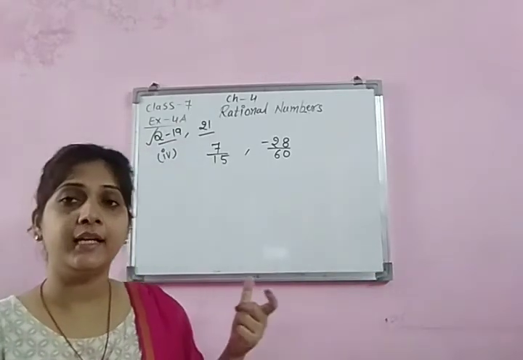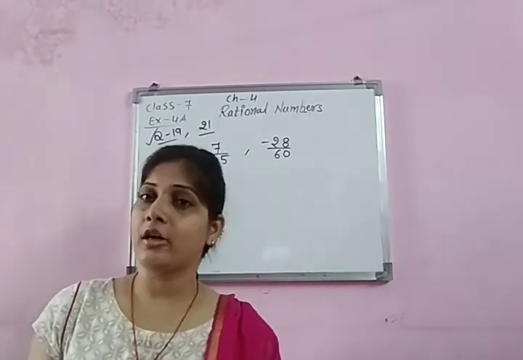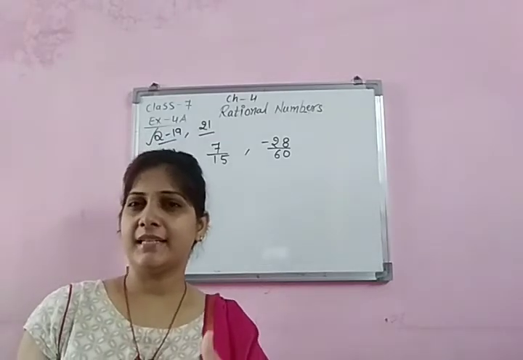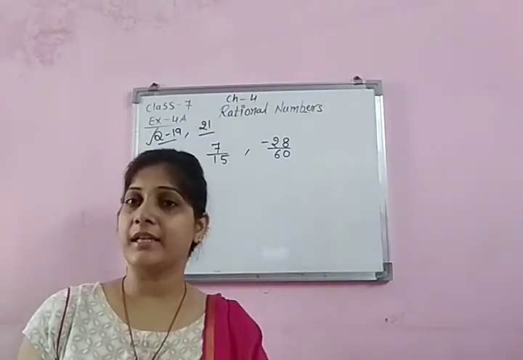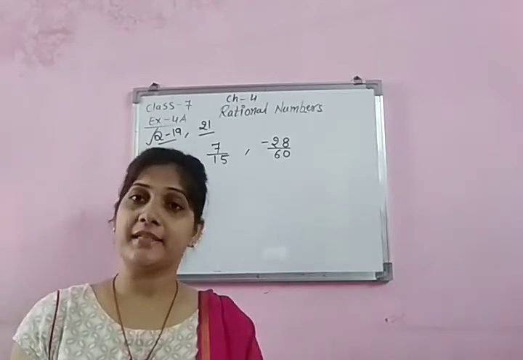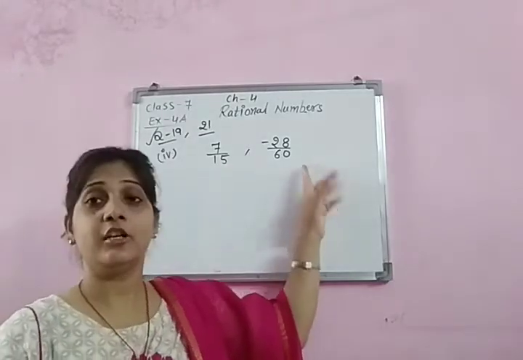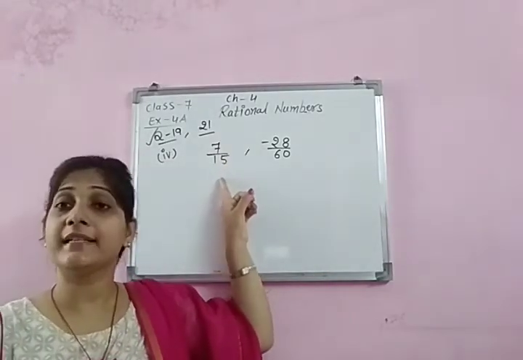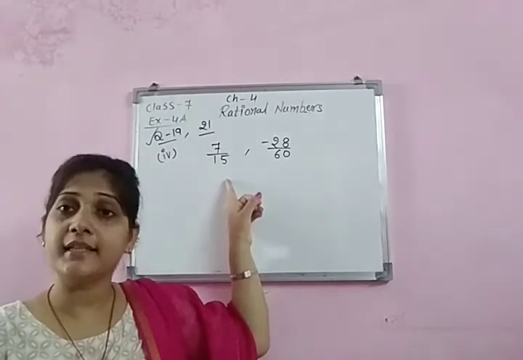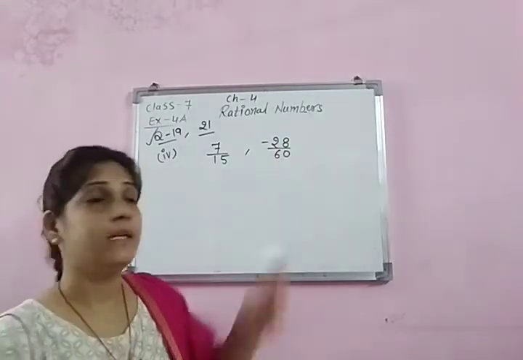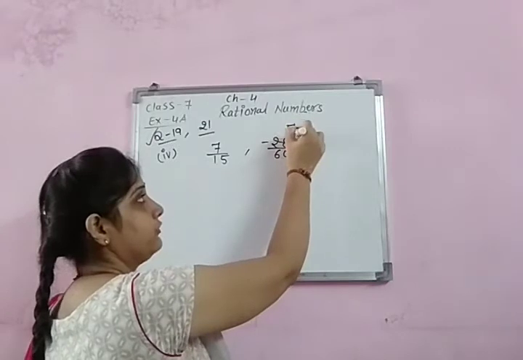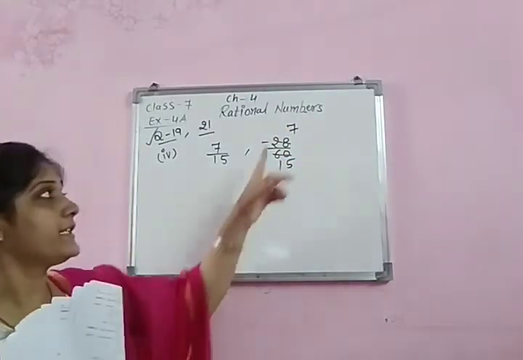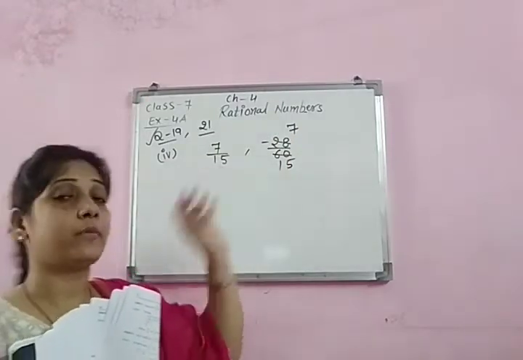You have to check. We can do it by the cross multiplication method also, but sometimes we get confused. So I am sharing by making the denominator similar, or we can do it by cancellation also. This number cannot be simplified because it is already in standard form. You can cancel out this one by the table of 4. 4 7s are 28, 4 1s are 4, and 4 5s are 20. So it is minus 7 by 15 and this is 7 by 15.